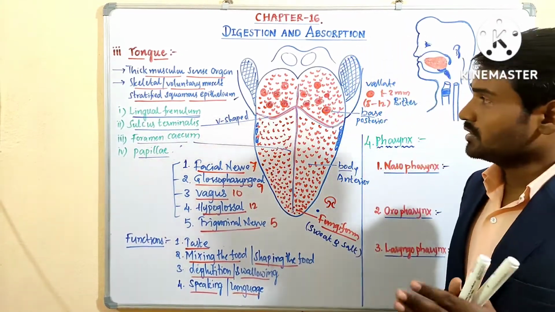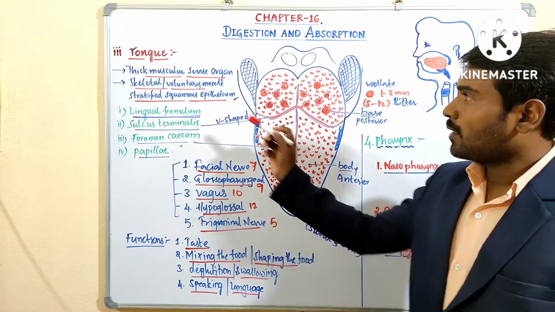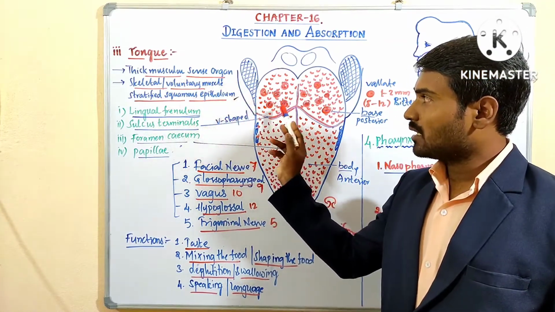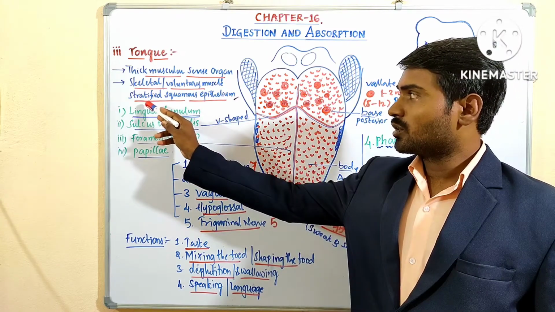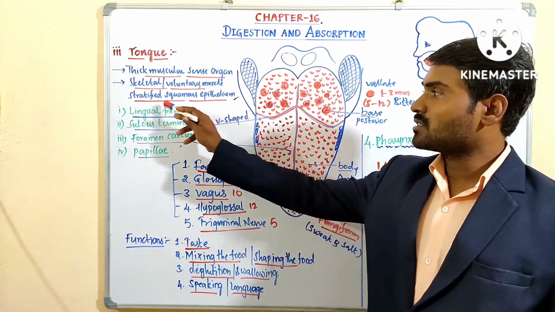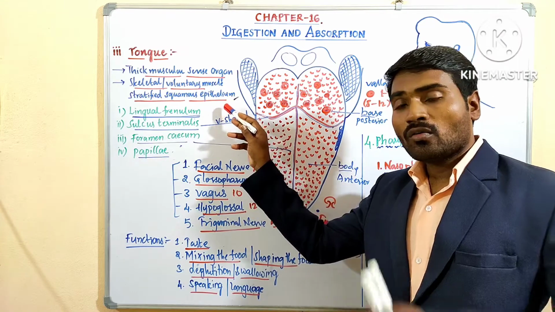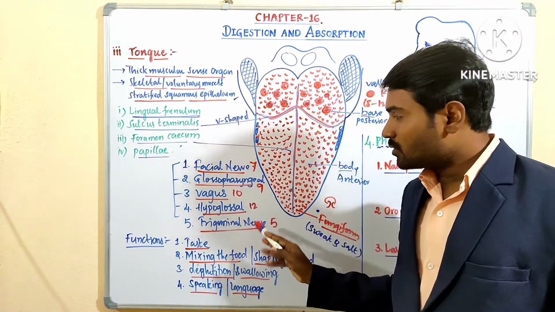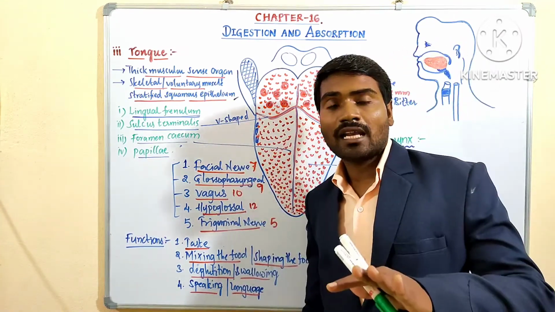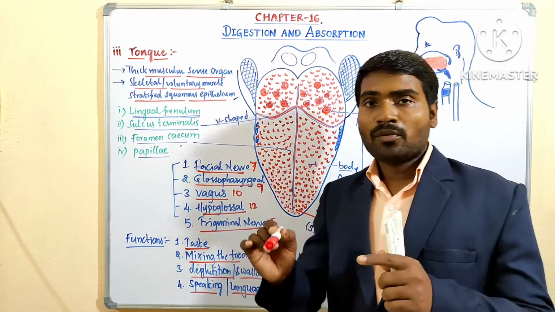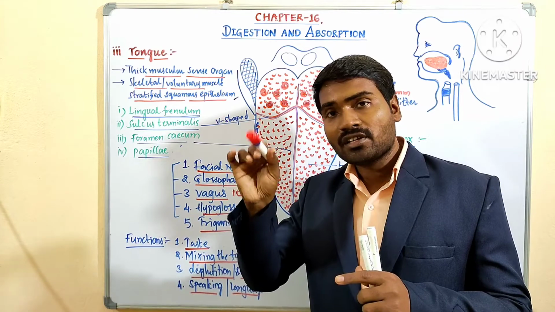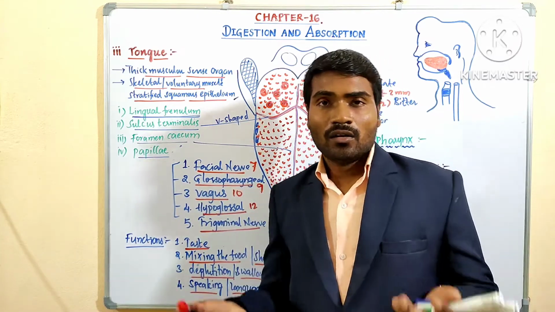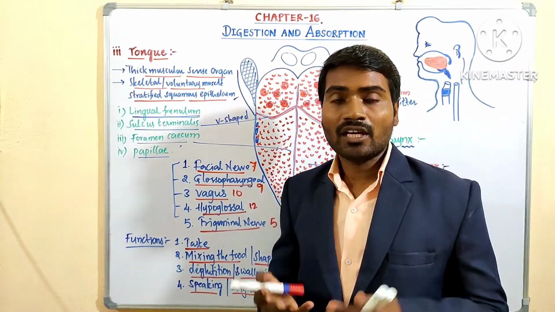Once we have a short recap. The tongue is a thick muscular sense organ made up of voluntary or skeletal muscles. Over the surface of the tongue there is stratified squamous epithelium, and also a membrane called lamina propria. Lamina propria shows many elevations and depressions. So these elevations or projections are called what? Papillae.